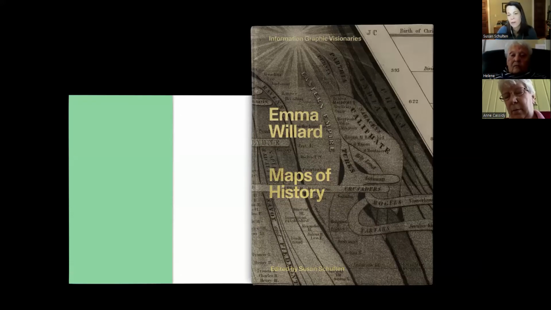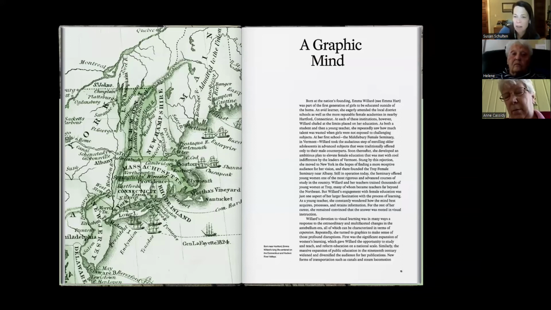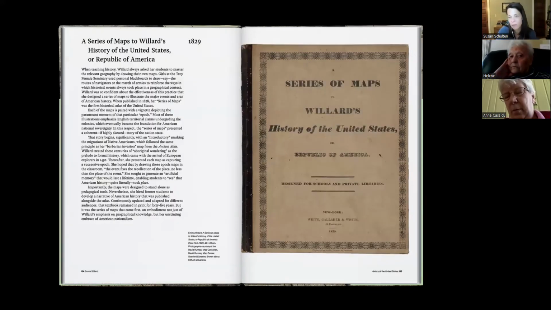What we've done at first is to give an extended essay to explore Emma Willard primarily through her graphics, but showing the things I showed and highlighted to you today, how her education, how her experience, how her reckoning with expansion, with slavery, with the market, all shaped her understanding of education and graphics. And then we turn over to the graphics themselves and do justice to each of her